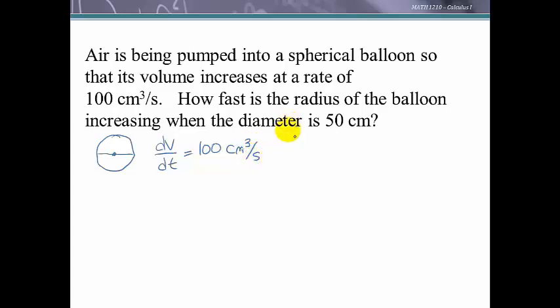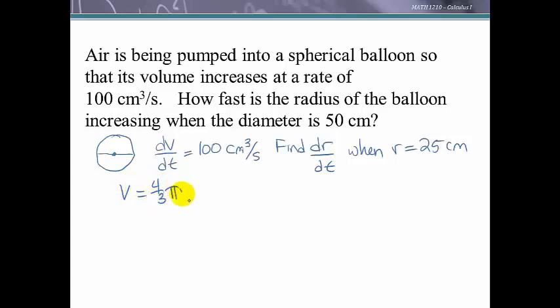How fast is the radius of the balloon increasing? So they're asking us to find dr/dt, the rate of change of the radius, when the diameter is 50 centimeters, so when the radius is 25 centimeters. I just divided that diameter in half to have the radius. Our variables are volume and radius. They're changing over time, so we want a connection between them, and that is the volume of a sphere is